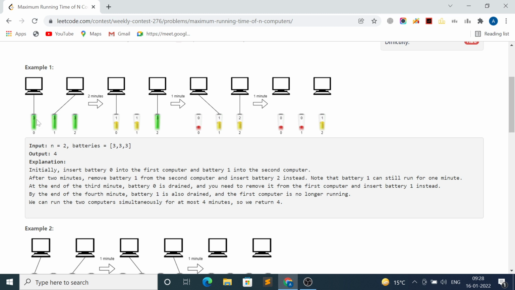So as you can see, they have run the second computer for 2 minutes, then the battery remaining is 1, and then they have inserted another computer of length 3 minutes and then run it for 1 minute, after which this battery is wholly completed. And then they have basically attached this one to this and ran this for 1 minute. So the total number of minutes is 4. I think that I will not be able to explain it